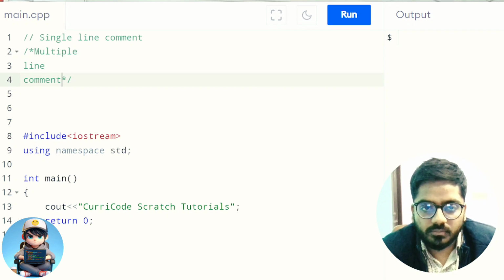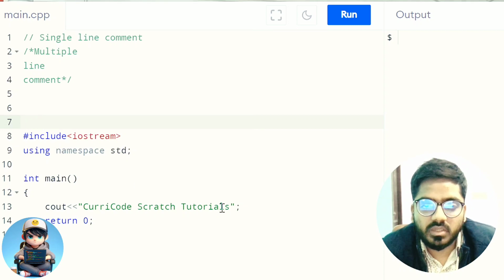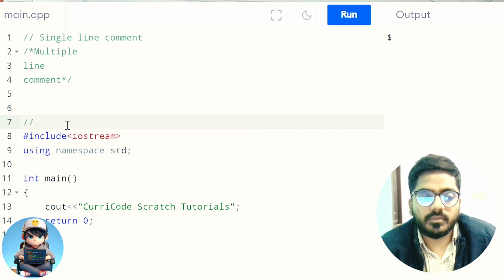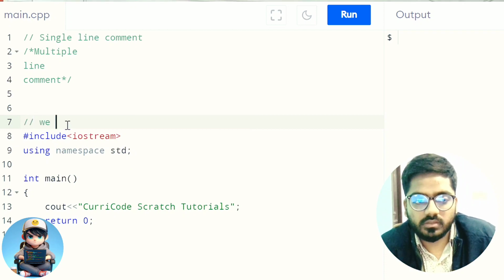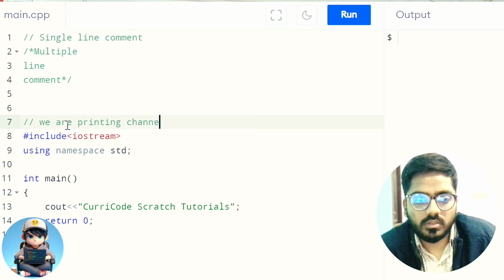Let us suppose you want to add a comment for this set of code. Here, what we are doing is simply printing our channel name in a console or a monitor. So we can add a comment like: printing channel name in